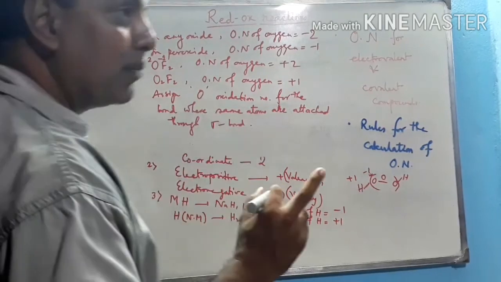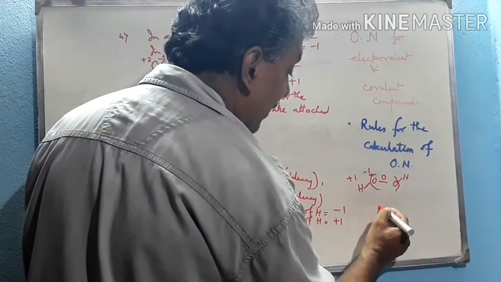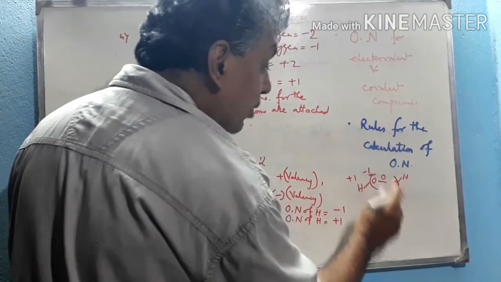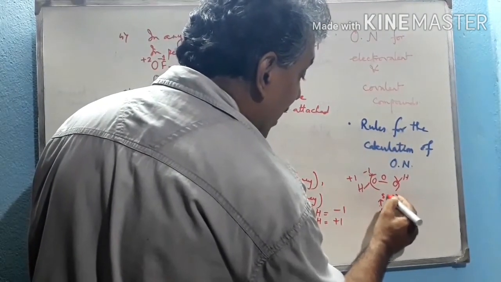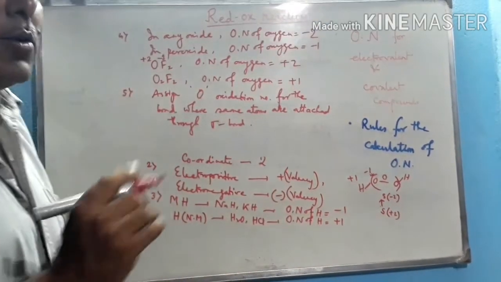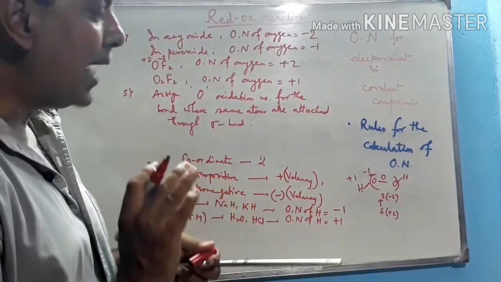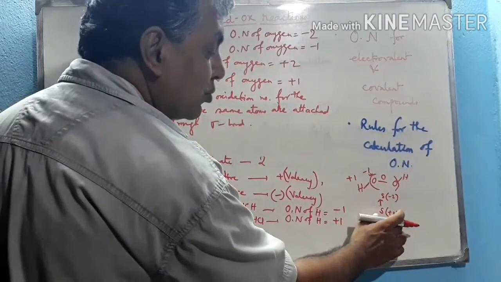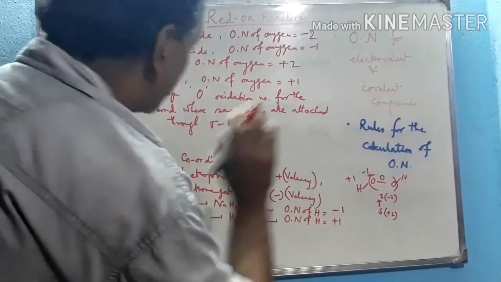But in case of a coordinate bond, it is not zero. If we draw the coordinate bond here, suppose S coordinate bond S, this is not a simple sigma bond. So assign for this sulfur -2 and for this sulfur +2. For a coordinate bond, it is not 0 here, because a coordinate bond is not a simple sigma bond. As the lone pair of the sulfur donates to this sulfur, this sulfur gets +2 charge and this sulfur gets -2 charge. These are the oxidation numbers of the corresponding atoms.